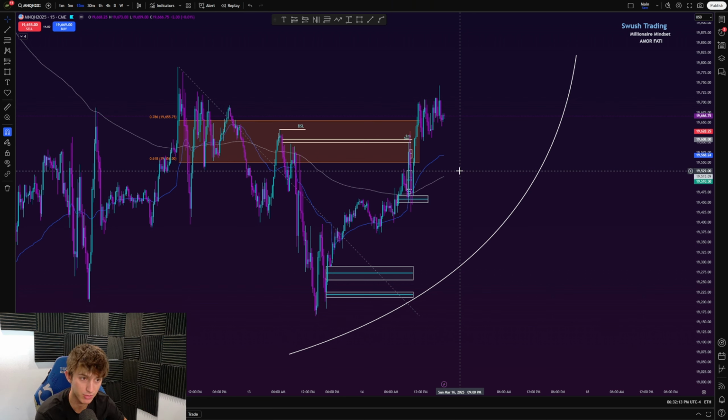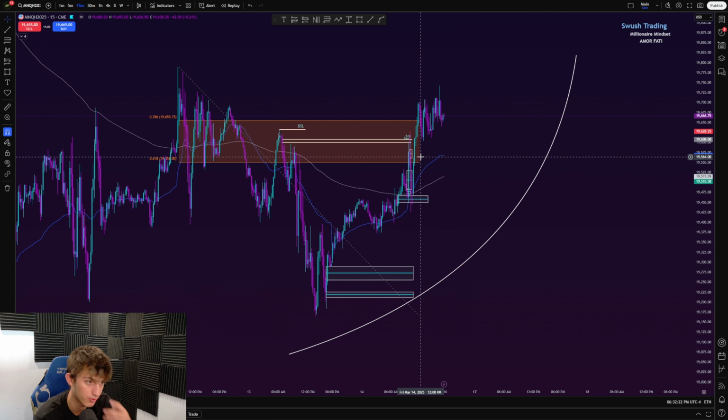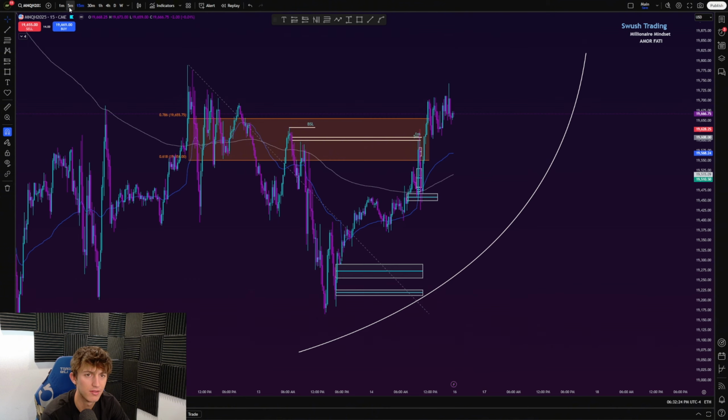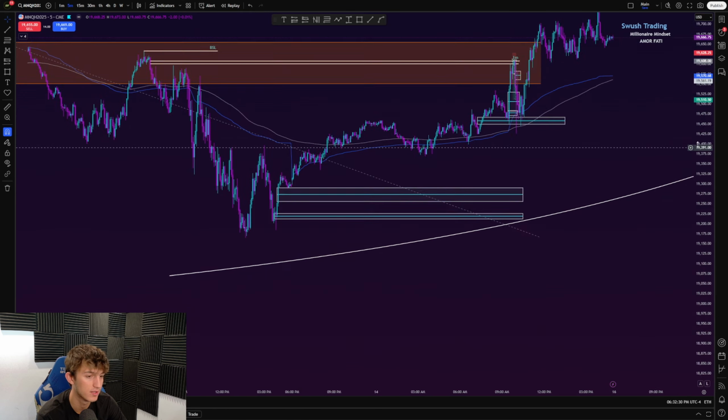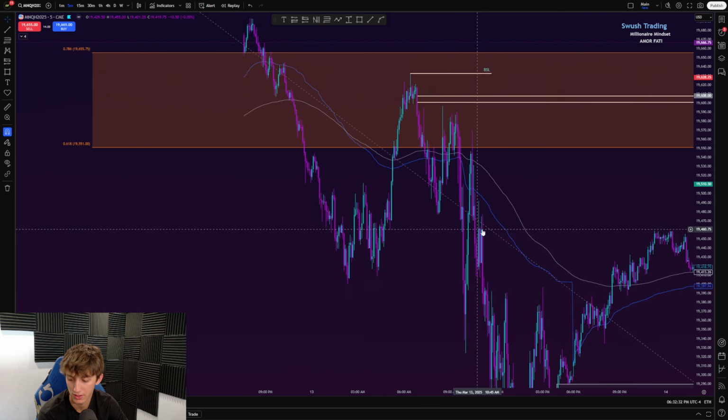So my entry model being fair value gaps, that's what we take entry off of, and it's in the reversal region, or retracement region, whatever you want to call it. And yeah, beautiful trade there. And stop loss, what I basically did was, if we mark out the 1 minute candle right here,